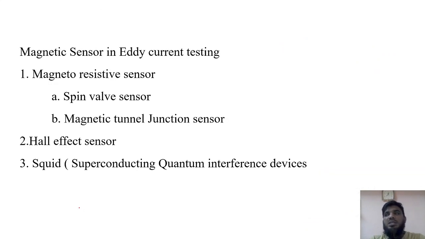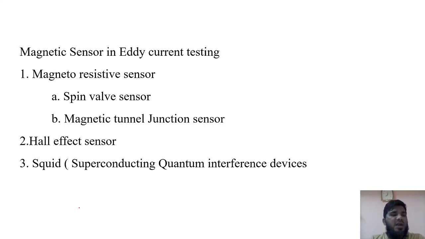Next is magnetic sensors. When you are sending the current to generate flux, that is your primary current being generated, and it is sent to the secondary coil. When the secondary coil creates some amount of eddy current, that eddy current has to be measured. To identify the eddy current, we need to measure the small change of magnetic field generated because of the eddy current, using some kind of sensors. Those sensors are nothing but magnetic sensors. The eddy current generated in the test specimen has to be measured using these sensors.